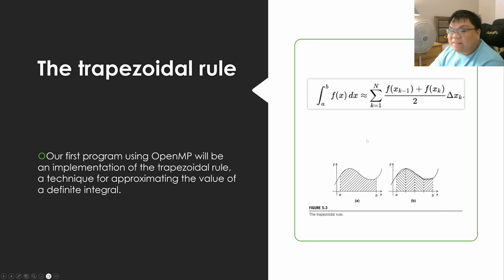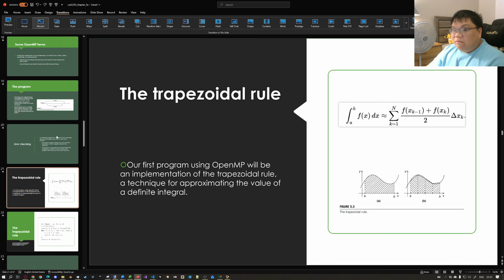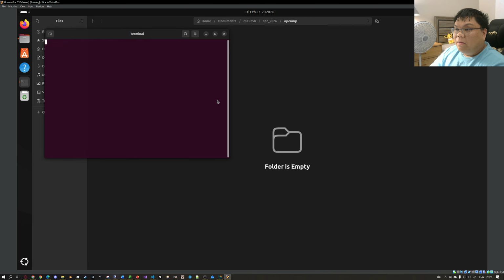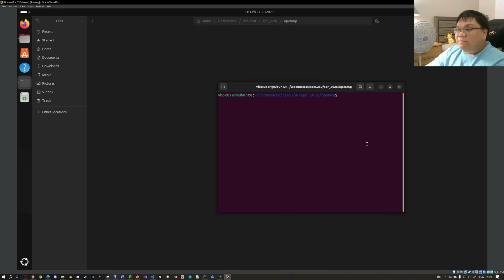So that is something to look forward to next week. So, right now, I am going to open up my virtual machine so we can then try out OpenMP for ourselves. Okay, so